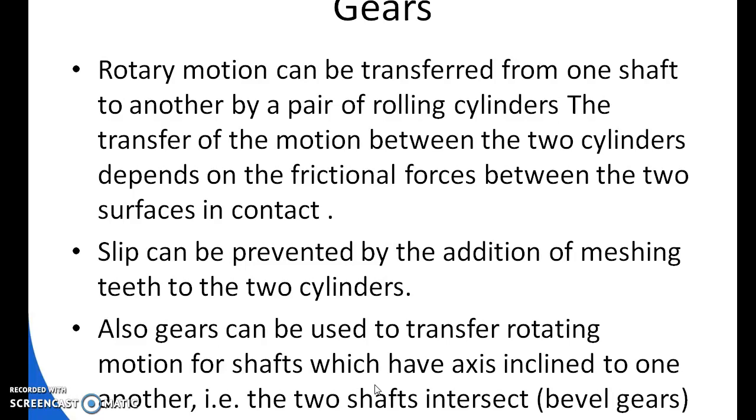So, gear is the most commonly used device for power transmission and motion transmission. Gear is also used to change the direction of motion. A number of devices such as differentials, transmission gearboxes, planetary drives, etc., used in many machinery, use gear as a basic component. And we have different types of gears like bevel gear, spur gear, etc.